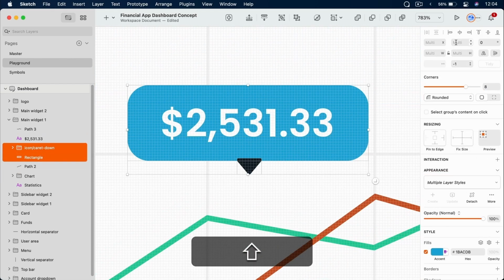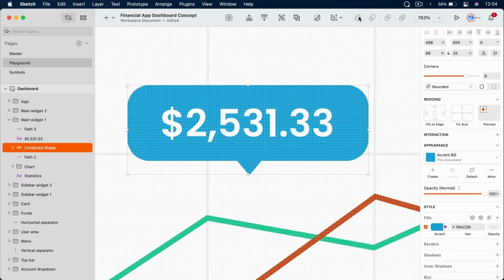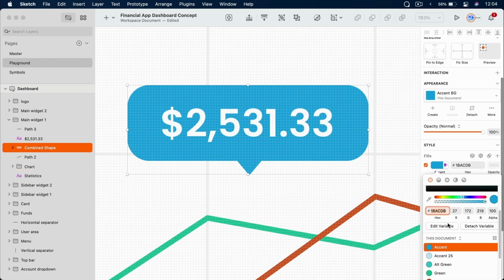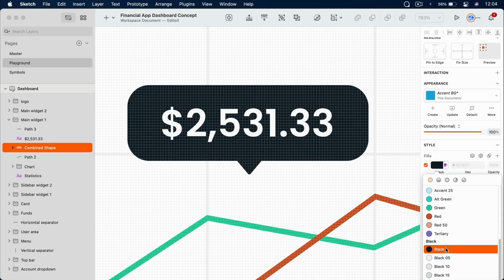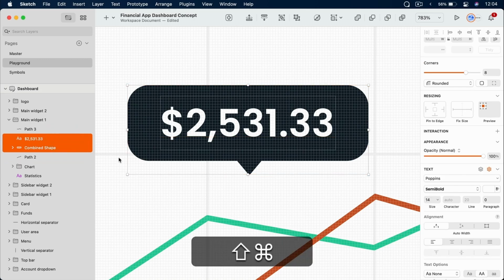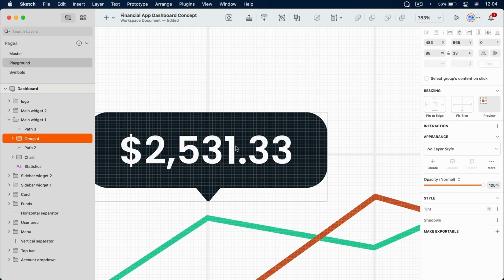I'm going to select both shapes, align them to the middle, and then I'm going to click Union. And this creates a combined shape from my original rectangle and that small arrow. So now I can change the color to whatever I want. Let's say I want to set these to the black. I'm going to detach the layer style and then select the text as well, group them up,